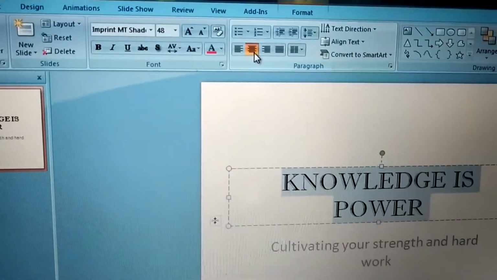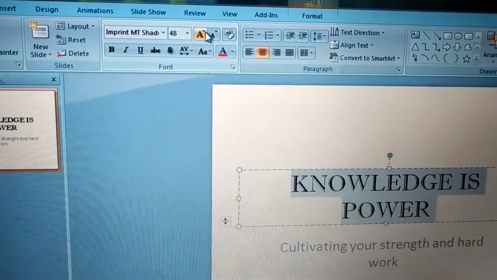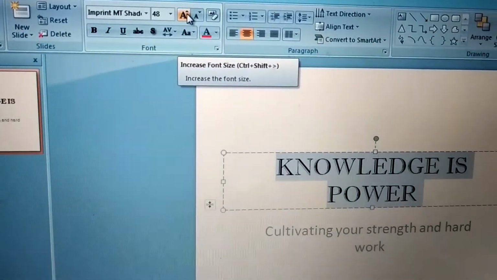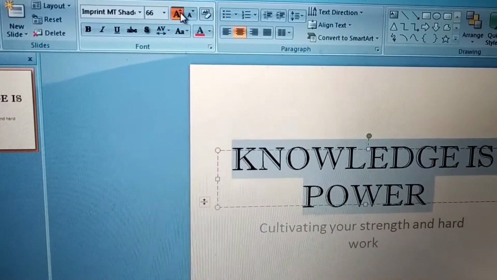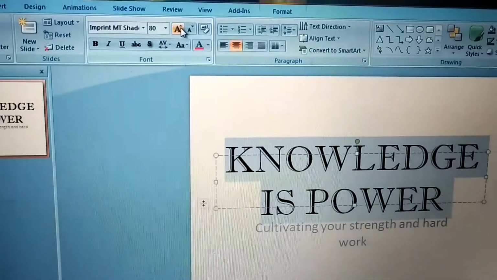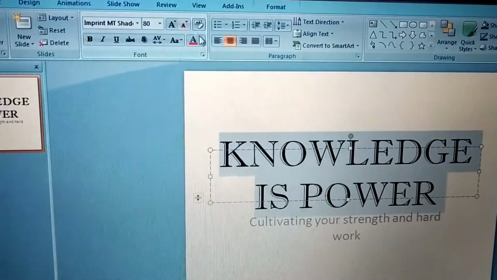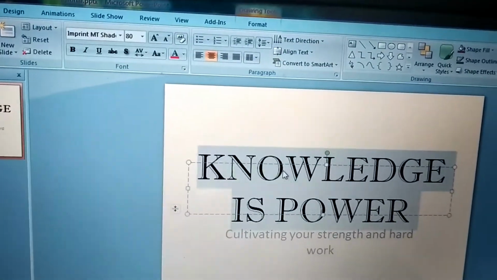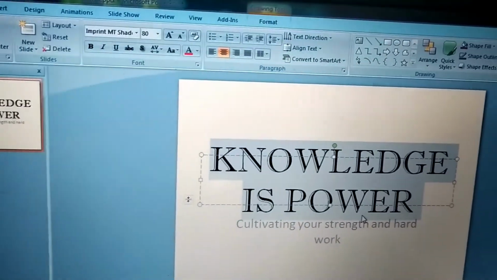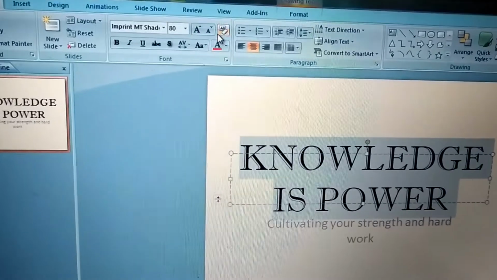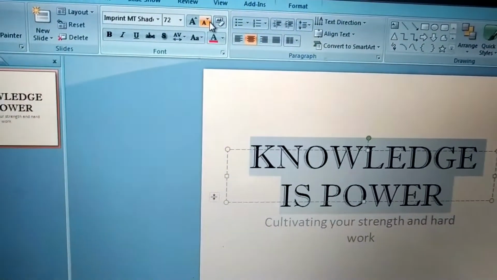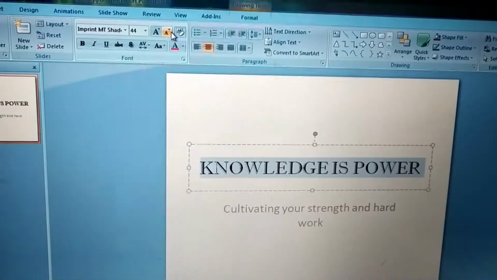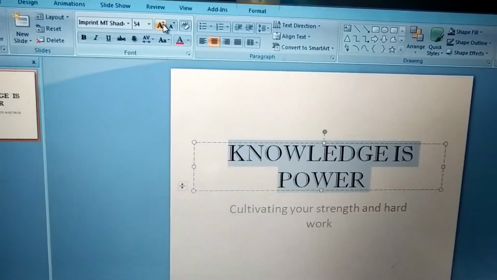One more way to increase your text size is by clicking on this increase font size. So you can click on this and you can increase your font size. Okay, if you want to decrease the text size, then click on the text which you want to decrease in size, then click on this smaller A. Okay, so this will decrease the size of my text.